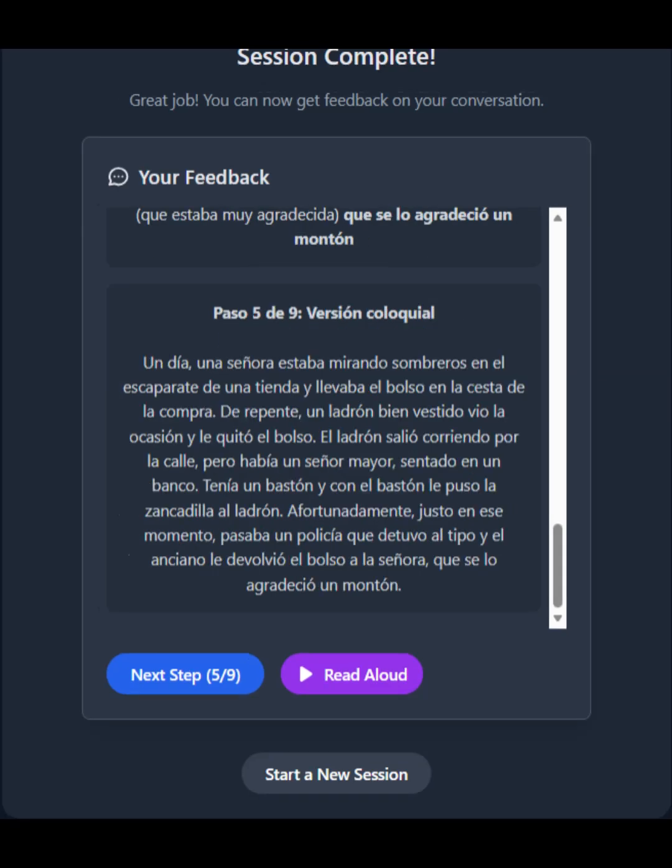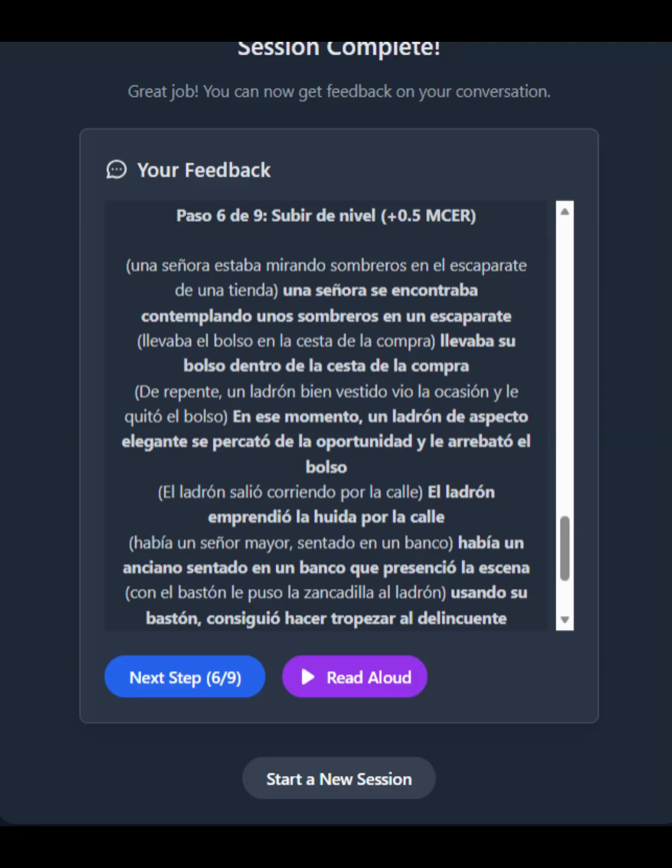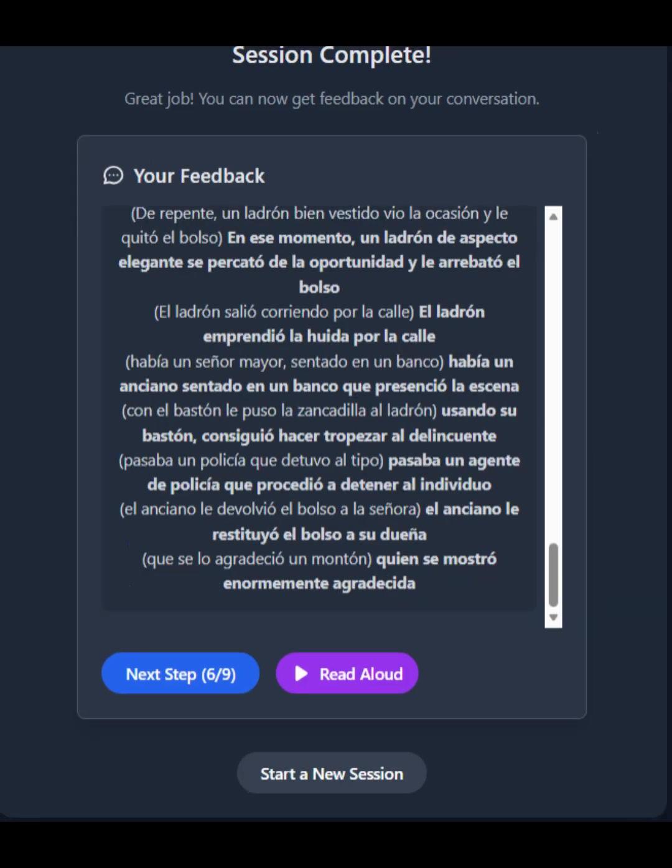Step 5 shows the more colloquial version written out in full, and by clicking on read aloud you can listen to it. Step 6 has ideas of ways the language can be enhanced to a higher level, just half a CEFR level. There are 2 screens of these